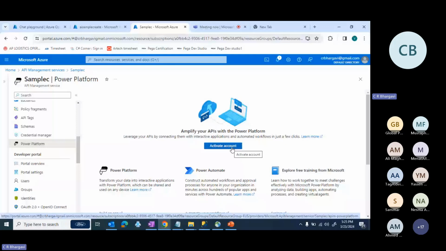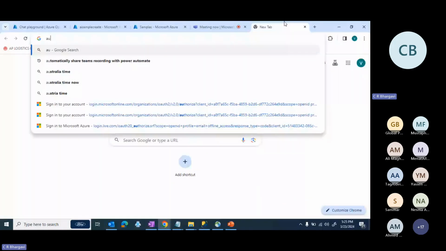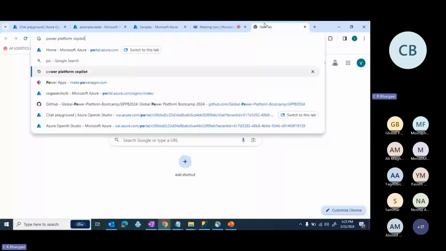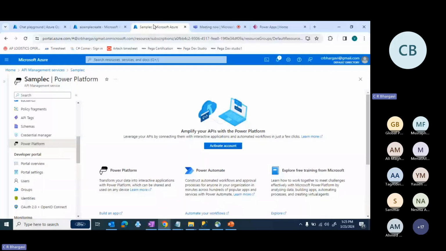And once you had activated it, it would then be allowing you to create the custom connector here, and that particular custom connector will then be created under the Power Apps as well. So this is one way that you can try to integrate the Power Apps with the Azure OpenAI. And the second way is